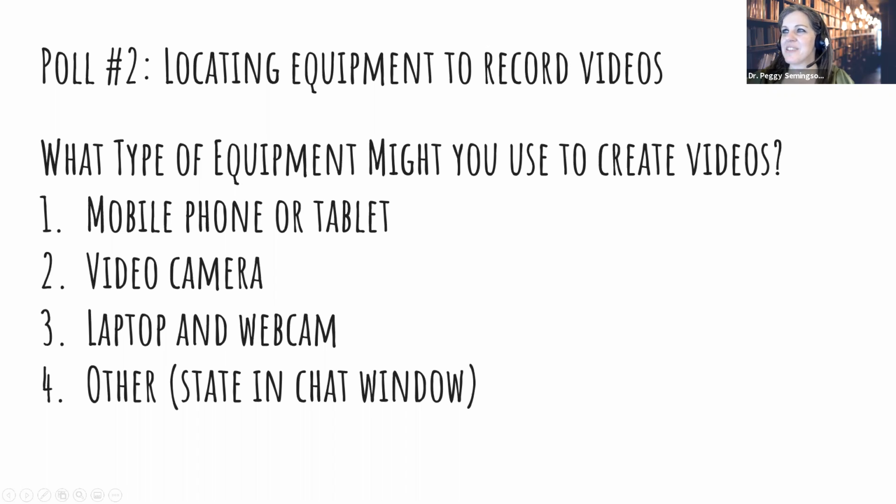Great. Okay, so the results are in. 62%, overwhelming majority say mobile phone or tablet. I would agree. Yes. And video camera, I guess those days are over. Yes. Or laptop and webcam. Or video cameras. Video cameras are expensive, right? Exactly. And then you have to offload it. With video, I think with social media, more and more of us are using video and then sharing it instantly, you know. Yes. Personal videos and travel videos, whatever.